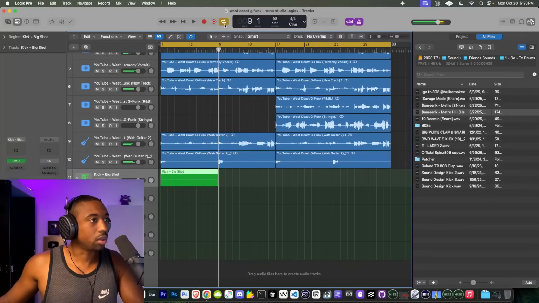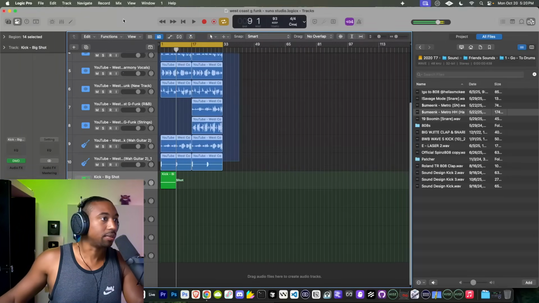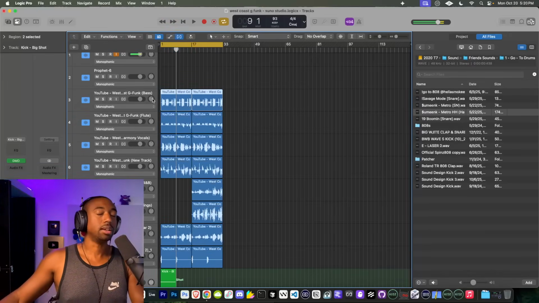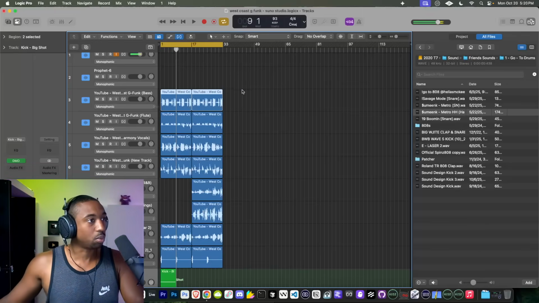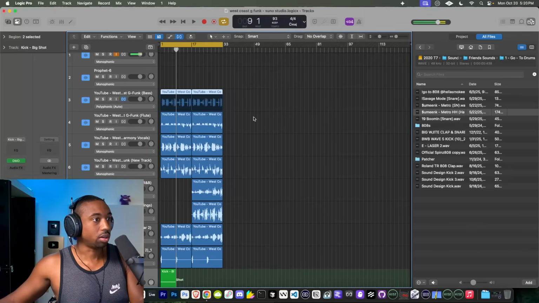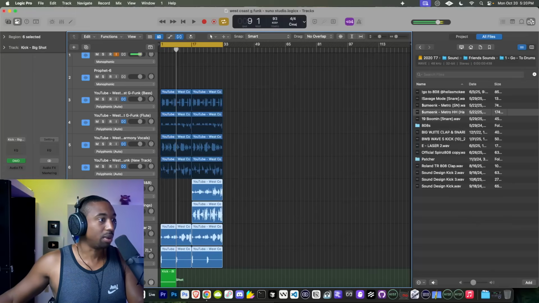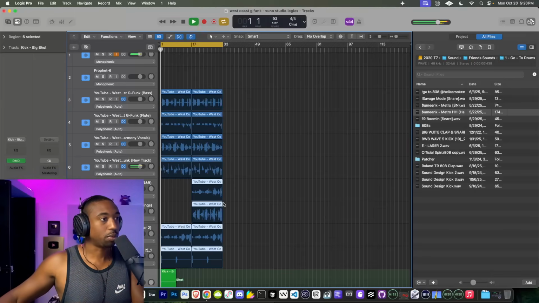At the end, I will say it goes a little off track. So this is where we have to understand things like Flex in Logic Pro, for example, because in Suno Studio, remember it was time warping. When it says on beat, it was time warping it for us. So here in our DAW, we have to manually turn on time warping features. I don't have time to explain everything about everything, guys, so you got to bear with me on some stuff here. But when the tempo feels off, you have to basically hit it with the time warp.